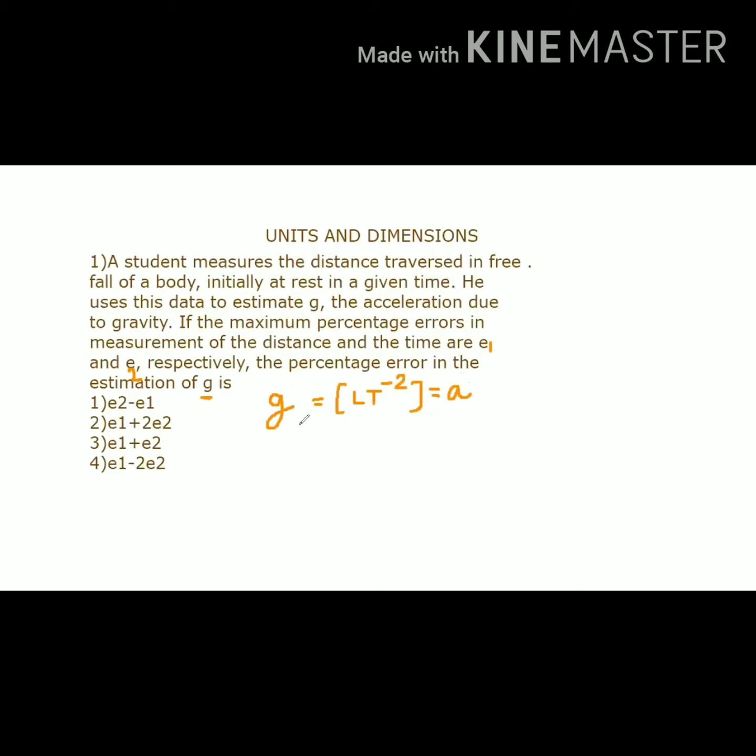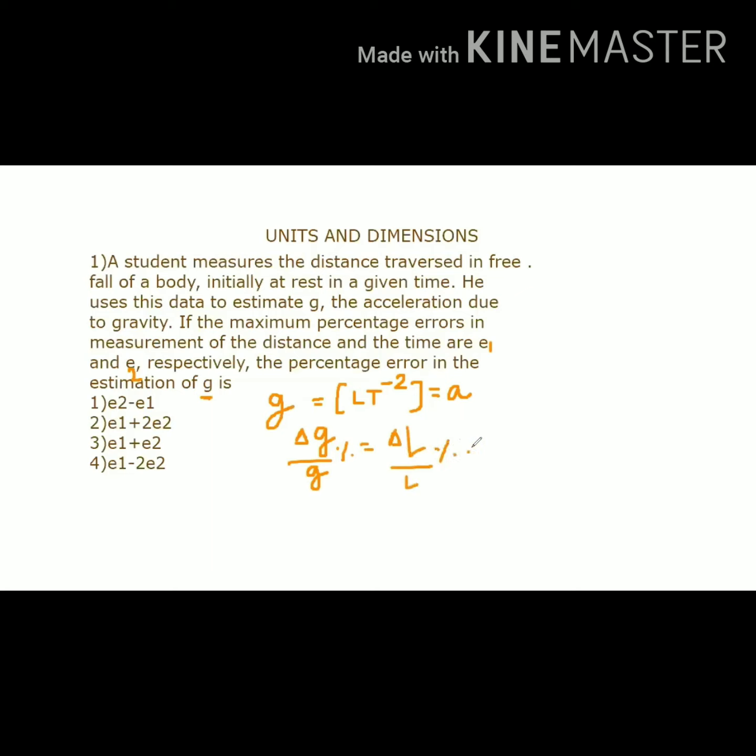So here, the percentage error in g will be written as delta g by g percent, which is equal to delta L by L percent